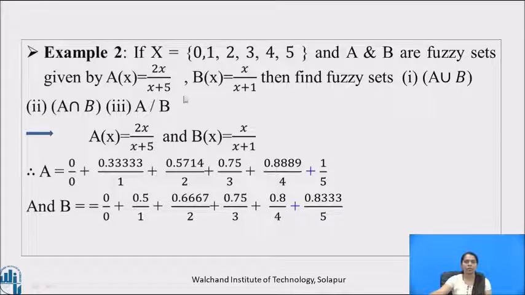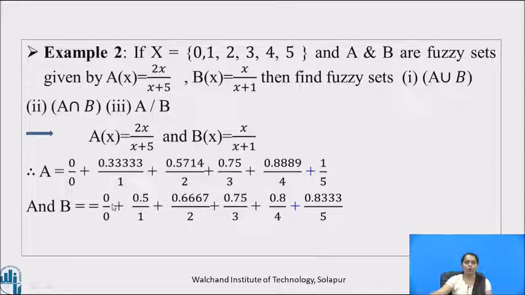So, if we put 0 in place of x in the definition of A of x, we will get 0 by 0 plus. Now, put x is equal to 1 so that we will get 0.3333 by 1 plus, for x is equal to 2 it is 0.5714 by 2 plus, for x is equal to 3 the membership grade is 0.75. For x is equal to 4, A of x is 0.8889 plus, for x is equal to 5, A of x is 1,